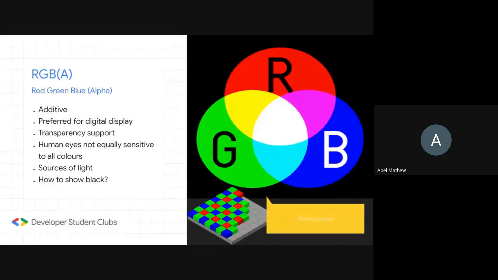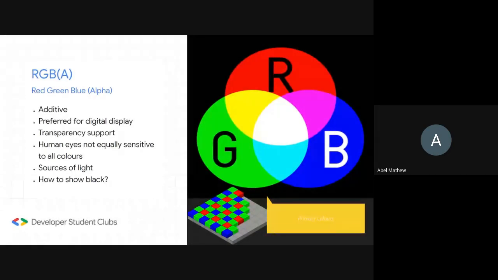And in RGBA, we have to understand that the colors are formed by sources of light, like those LEDs or light sources, which get mixed and form the colors. And how to show black? In the RGBA standard, we show black by turning off the light source. It's as simple as that. If you want to show black, you turn off the light source. That's how AMOLED displays are advertised, because you get pure black since it's an LED display. So that is almost everything about the RGBA color space.